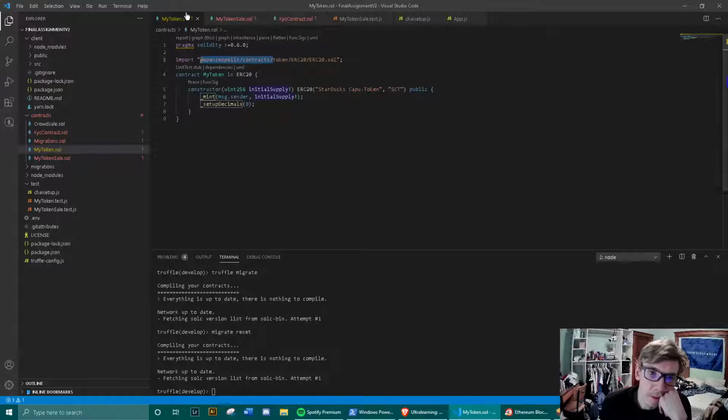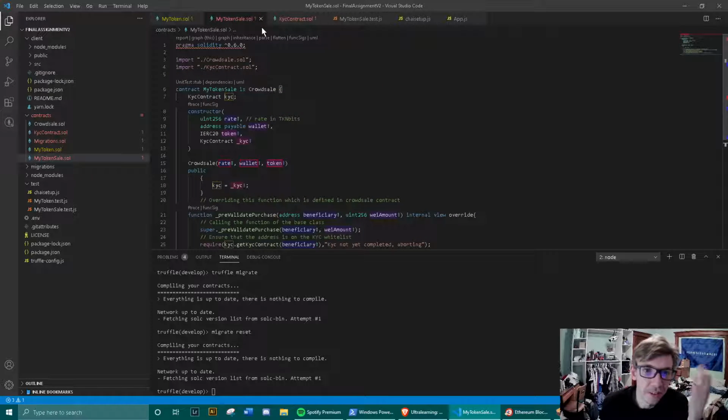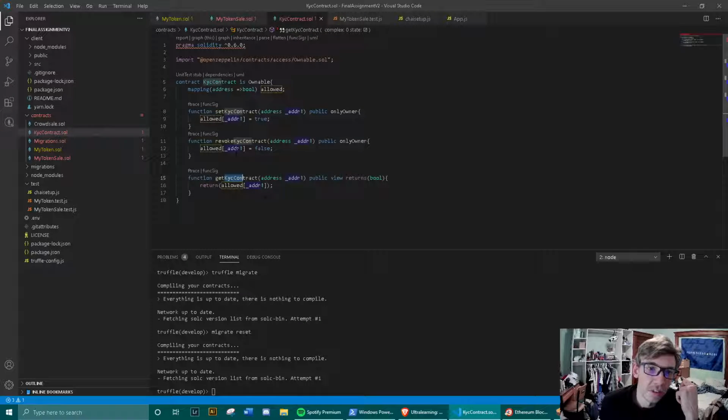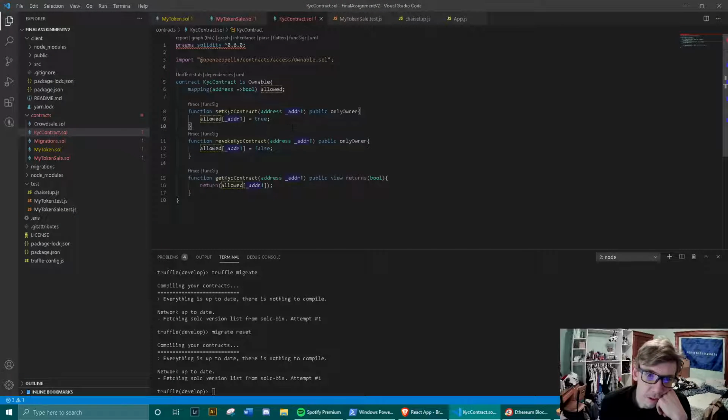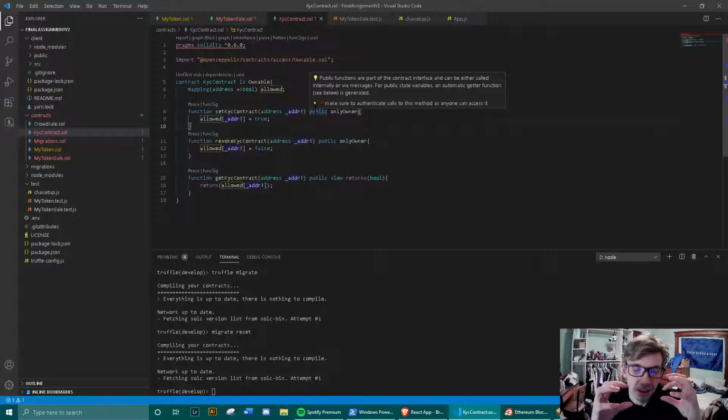So there are 3 smart contracts right here: my token sale, and the KYC contract. This is that know-your-customer contract that I was talking about, that you saw over here in the React app, KYC whitelisting. So this function is this function right here. You can take in a contract address, boom, you set it to true. This basically says that this address is on the whitelist, and it is able to do some function. That function is going to be buying tokens, not implemented yet.